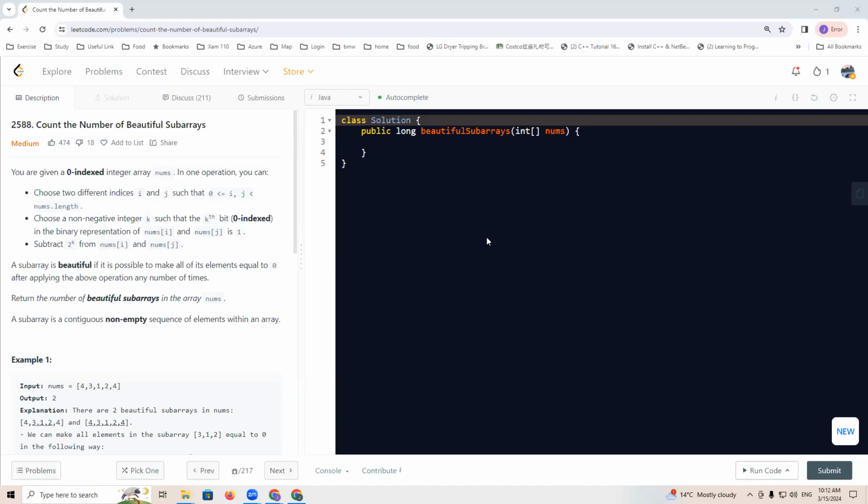Let's go through LeetCode 2588, Count the Number of Beautiful Subarrays. For this question, it gave us an integer array nums, and let's find how many beautiful subarrays there are. So what does a beautiful subarray mean? It means that we can do some kind of operations to get all of the elements of the subarray to be